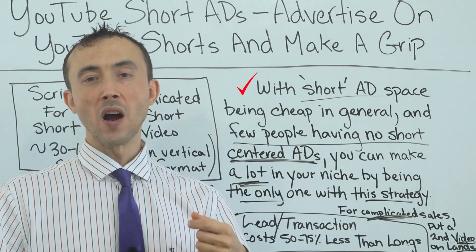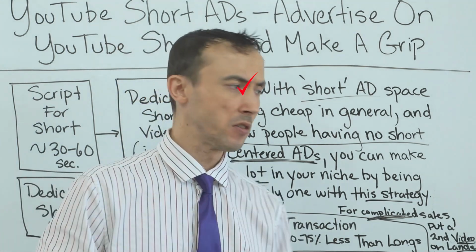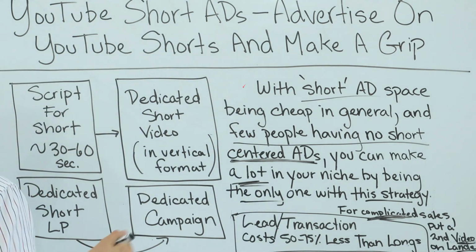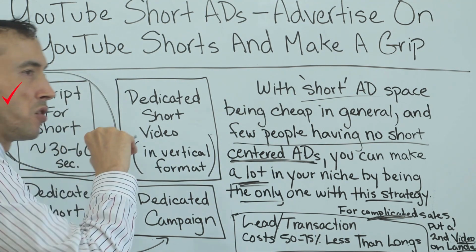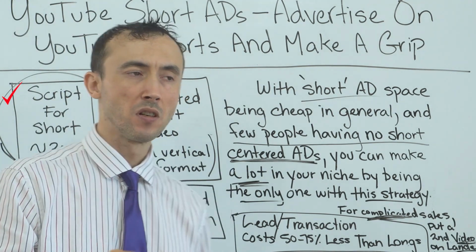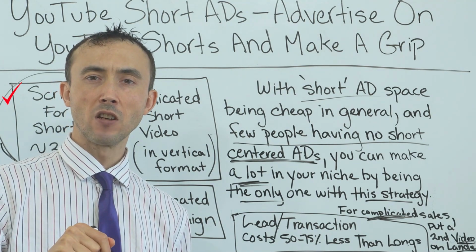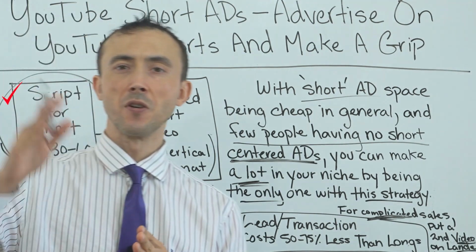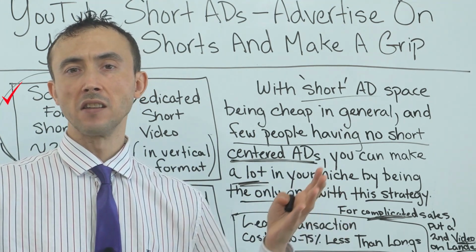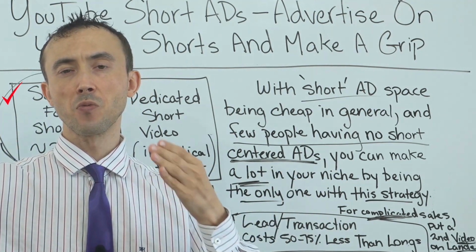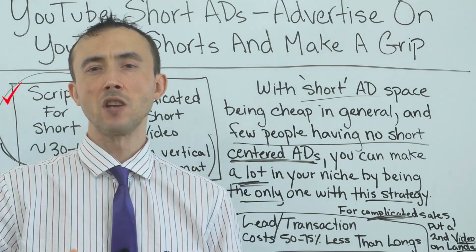Anyway, in terms of a product, that was what we did for that company. But that gives you an idea of what you could do with yours in terms of the ad creative. So to sum this up again, you create a script for your short. You can have up to 60 seconds for your script, but really you need to spend the first 3 to 5 seconds getting across what you have to get across to the user, and then you spend the rest of the 30-plus seconds with other ways to communicate the same thing, or the other, more exciting things. But just know that first 5 seconds has got to hook them, and if it doesn't, anything else you say doesn't matter because they're going to swipe past it.